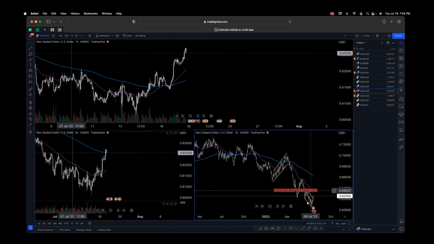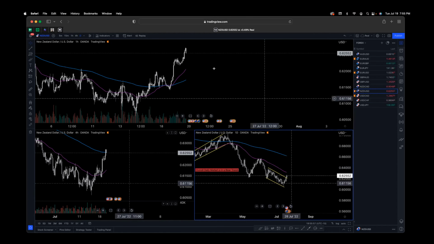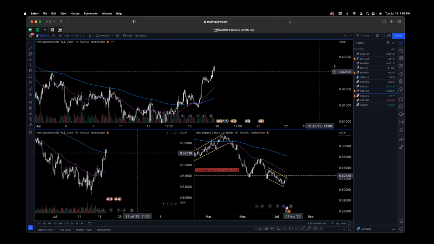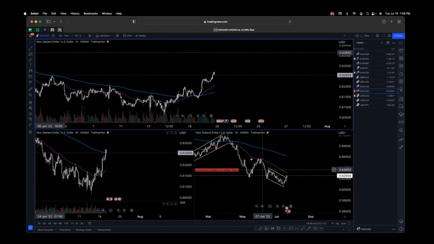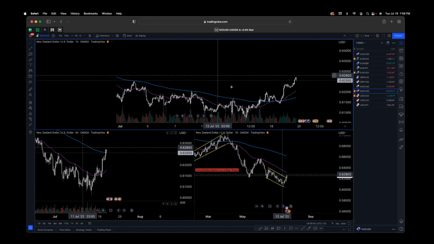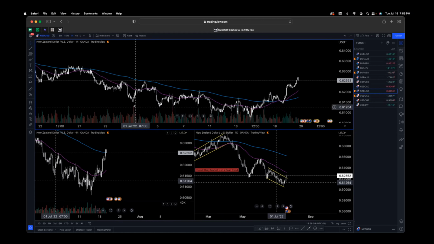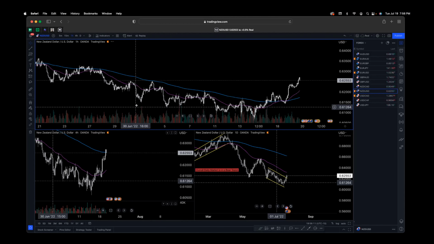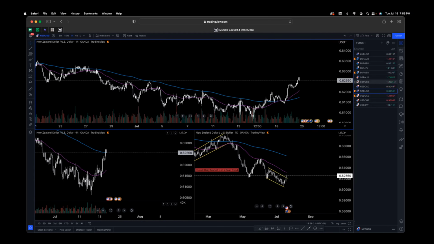Kiwi USD, I like this one, or the New Zealand dollar USD. It would be a quick play to the upside. But again, the thing about this is we are in an overall bear trend right now, and so it'd be a counter move. It'd be a reversal, and usually for me, these reversal type plays can be lucrative, but they're short lived as well. And for my probability, I lose more when I go on reversals.